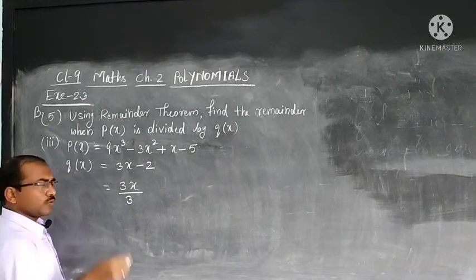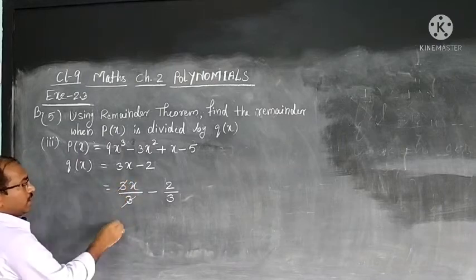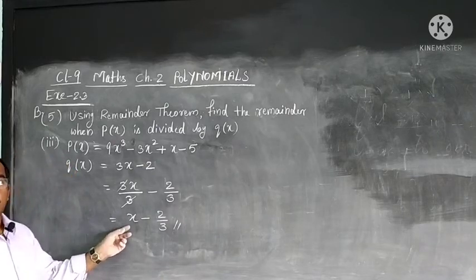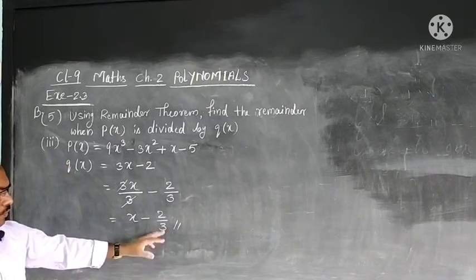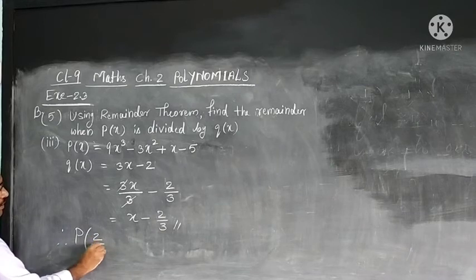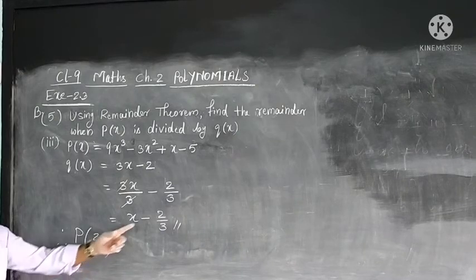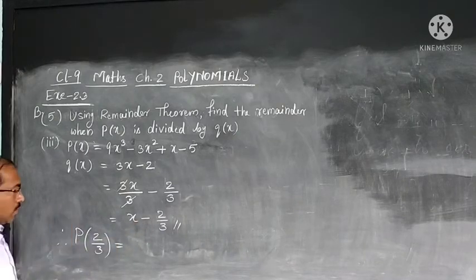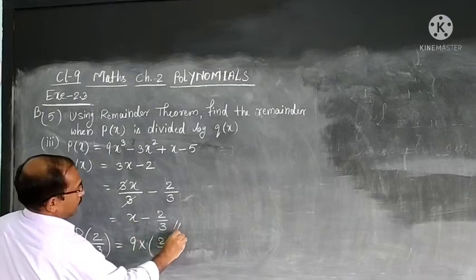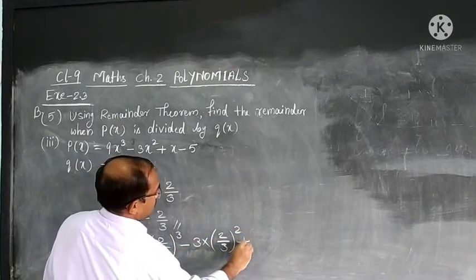Remember, these small two rules are there only, and then another one also we have to divide. 3 3 cancel, we get what? x minus 2 by 3. So, now the coefficient is 1 here of this variable x. It will give us 0, therefore p of what 0 we will use? 2 by 3, opposite sign we use. So, one small rule we need to remember here, opposite sign of that we need to use, and continue. 9 into 2 by 3 cube minus 3 into 2 by 3 square plus x,